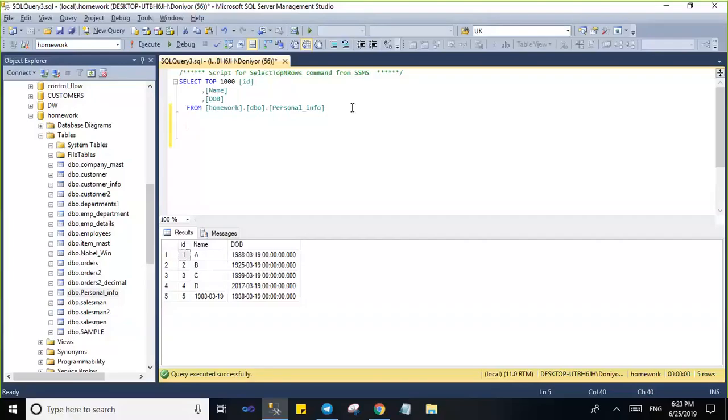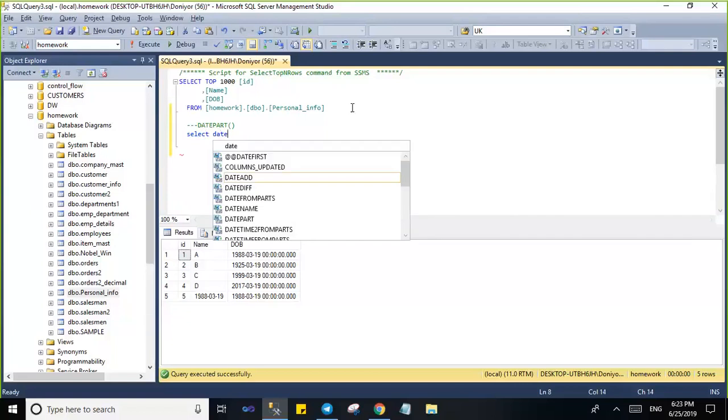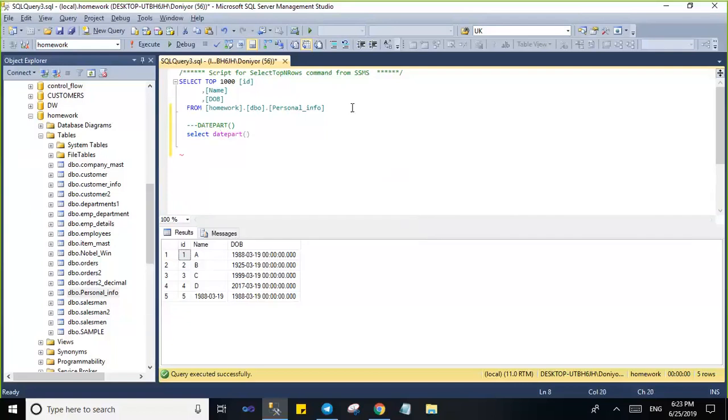To do that, as usual, if you remember, there is a general syntax for all the functions. So you can select DATEPART, and then open and close parentheses, just like any other function. And within the parentheses, you will specify what part of the date you want to return. Let's try returning the year part of